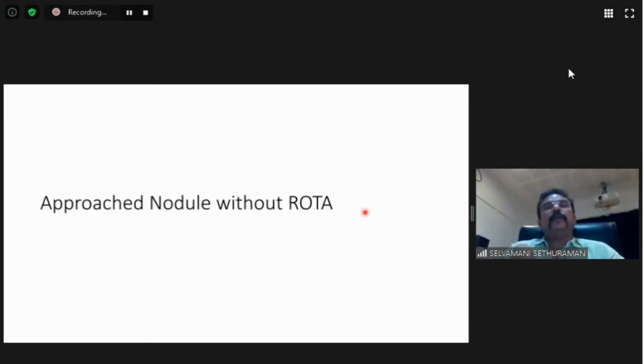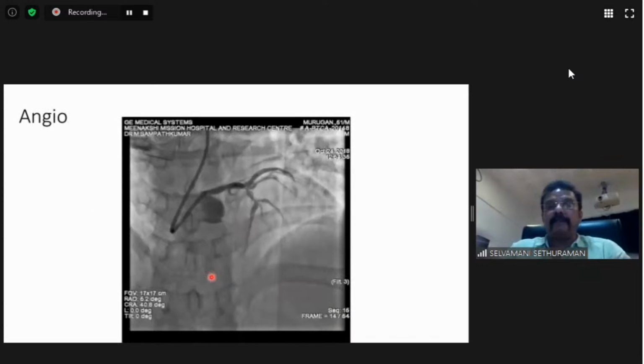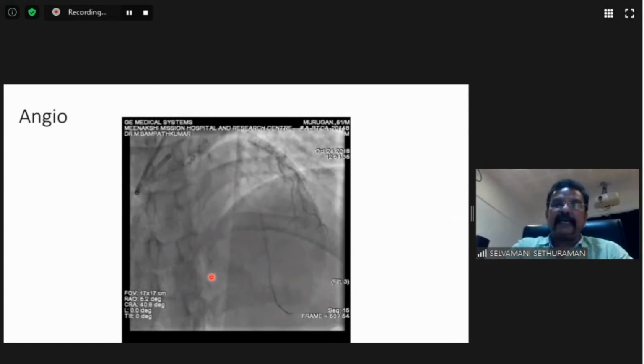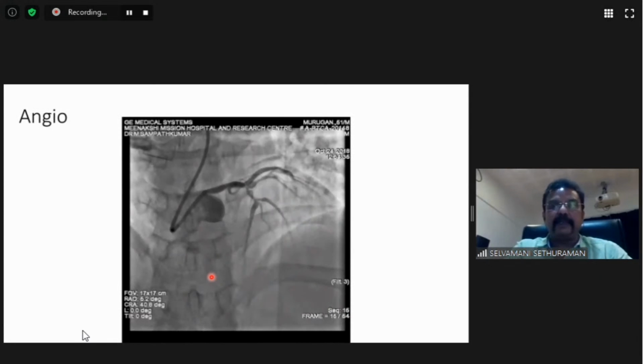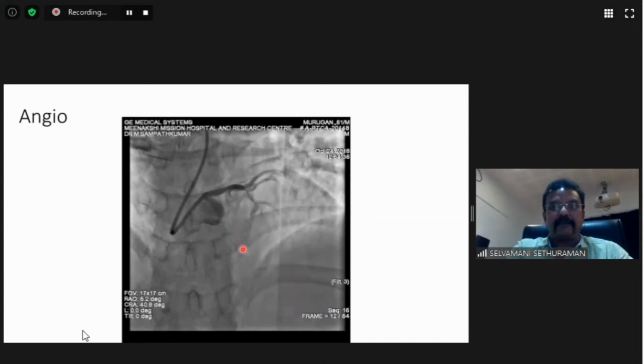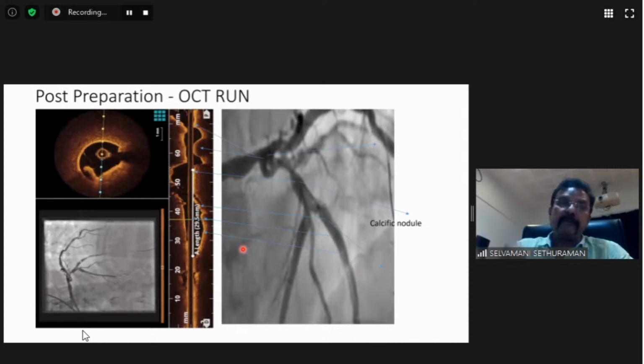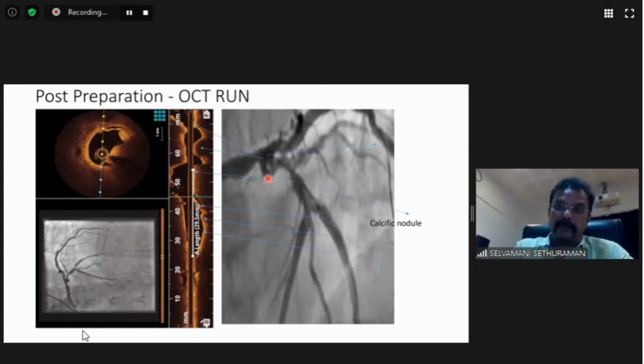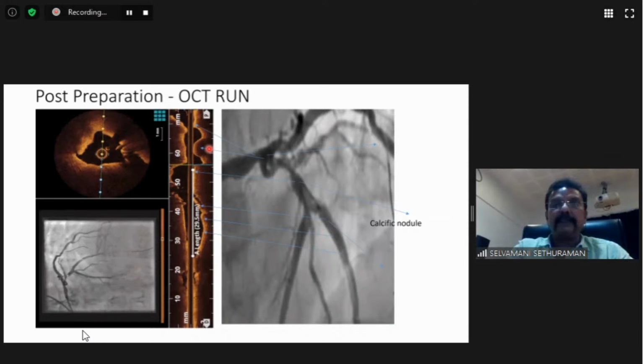And coming to nodules, calcific nodule is a notorious thing in treatment. So in this patient, he had an ACS, and again, you see this is the angiographic finding. This was probably some 3-4 years back when we were treating these cases, and we started our OCT. We had not concentrated much on this OCT finding here, but actually this is the calcific nodule. We had missed it, but anyhow,